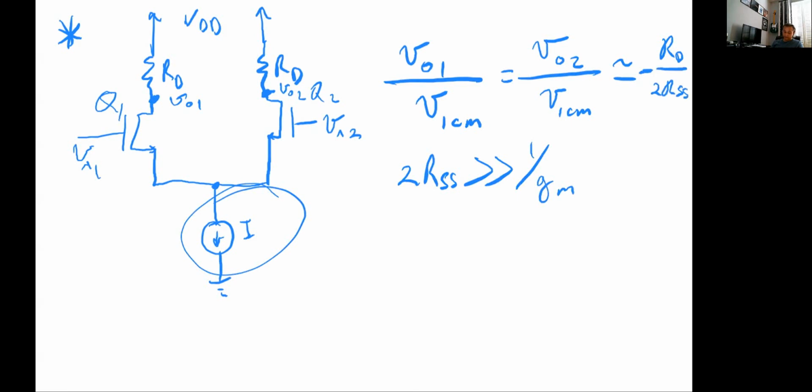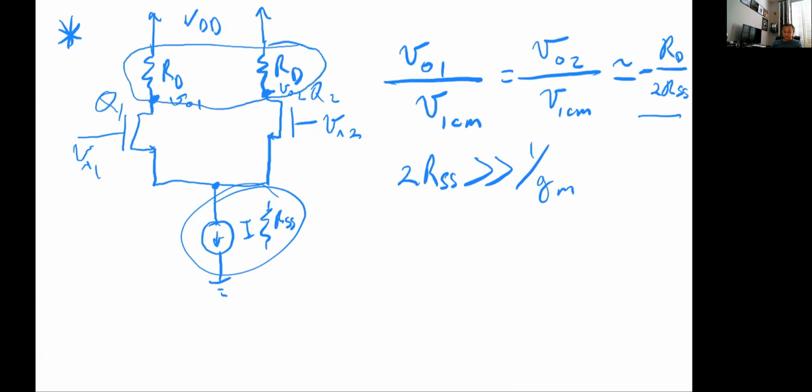So the RSS being this abstraction here. And the idea is that that is valid if these two